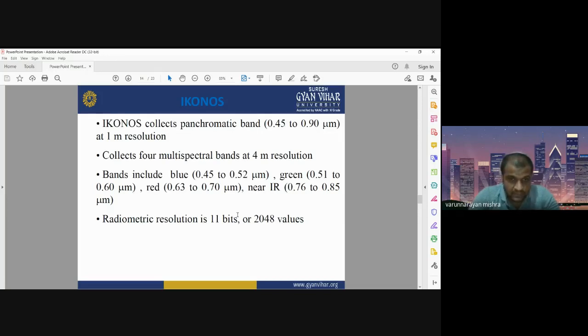One is panchromatic, in which it works in a single spectral band. That range is around 0.45 to 0.90, and for panchromatic images the resolution is 1 meter, whereas when it works in multispectral mode, its spatial resolution is around 4 meter. Okay, and its radiometric resolution is 11 bits.